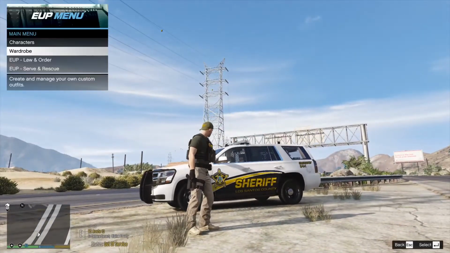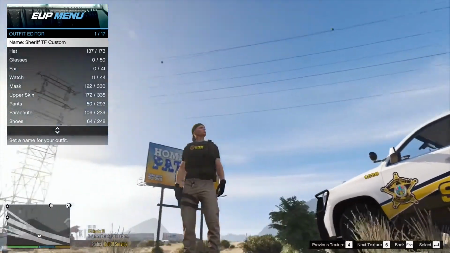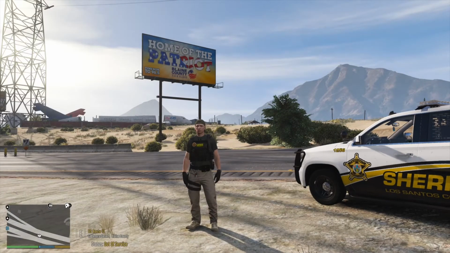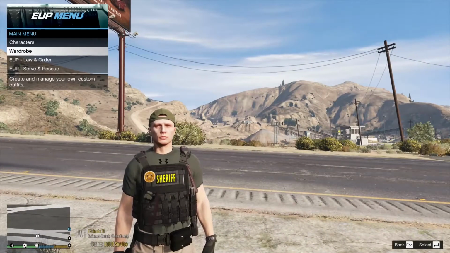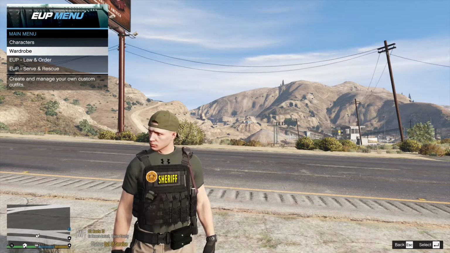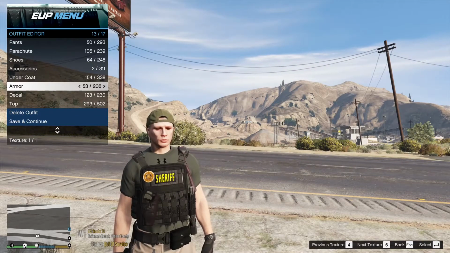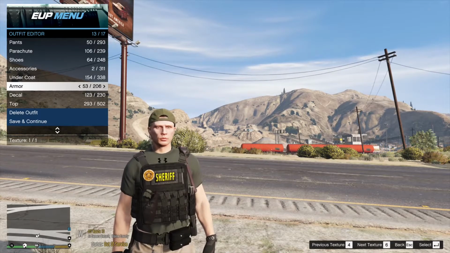What you guys are going to notice, if you pull up your EUP menu and go to your wardrobe for your character and hit create outfit or edit outfit, hang on, I've got to get in closer now. For the vests, once you hit your key, whatever you have it set to for EUP, I'm going to show you the vests. So you go to your armor, and you'll notice there are now 206 different versions or options for this. Not all of them are going to be used, but